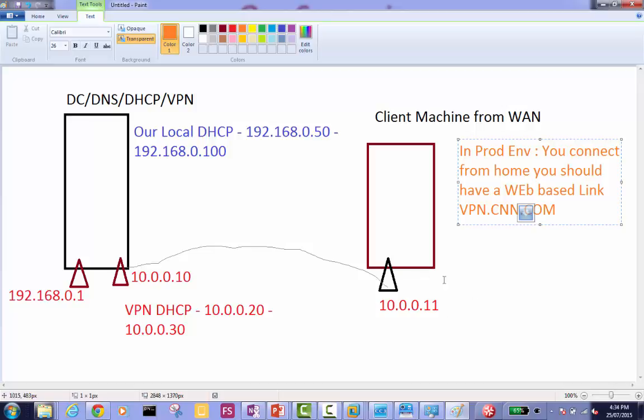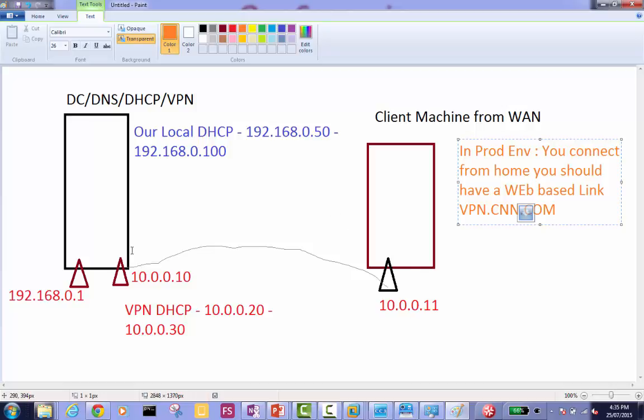If there is a successful VPN connection, it will let this client connect to all the Active Directory resources successfully. It will let this client open the shared folder of this server. Right now, it is not supposed to access the shared folder because it is a 10 range and this is a 192.168 range. Right now, it's not supposed to access any Active Directory services because it's a different range.